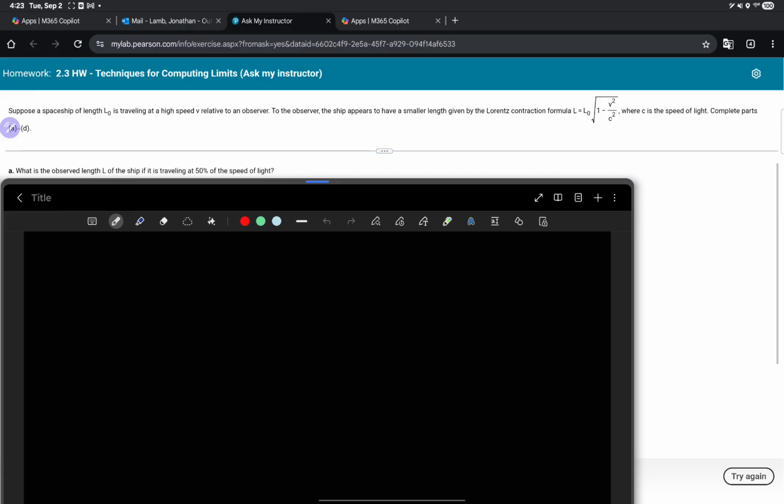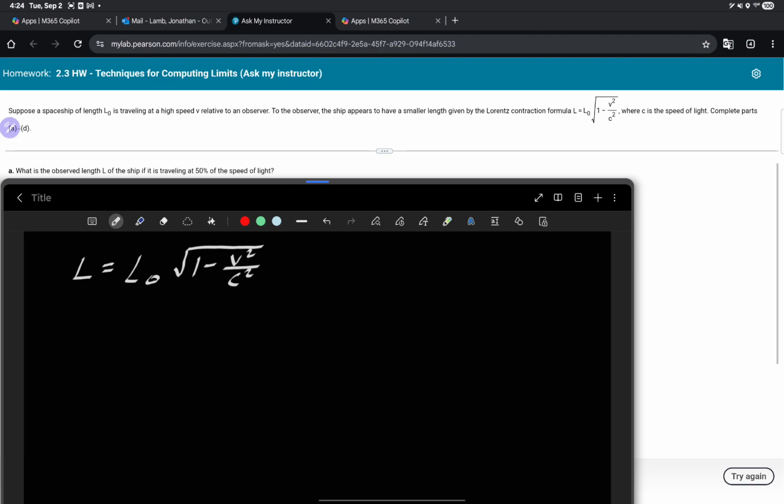and I'll go ahead and write it down here, L is equal to the original length, L sub 0, on the square root of 1 minus v squared over c squared, where v is representing the velocity it's traveling at and c is the speed of light. Okay, so now part A, it's asking us to observe the length L if the ship is traveling